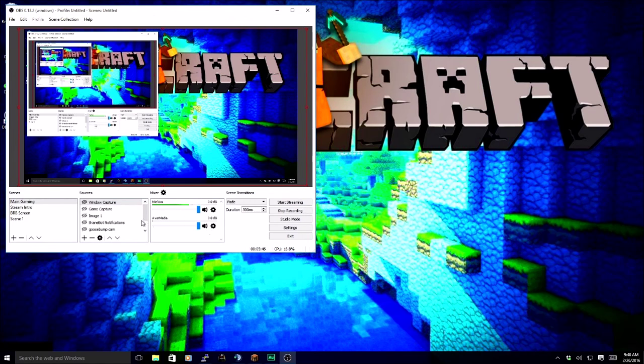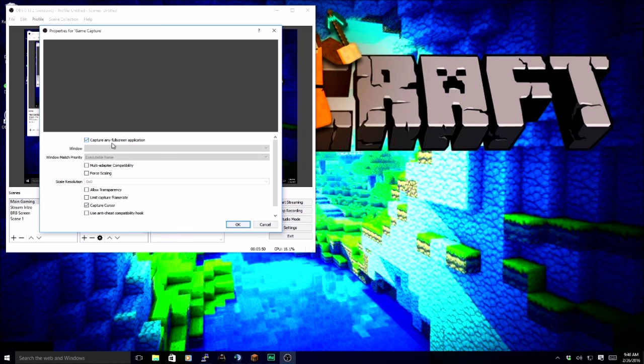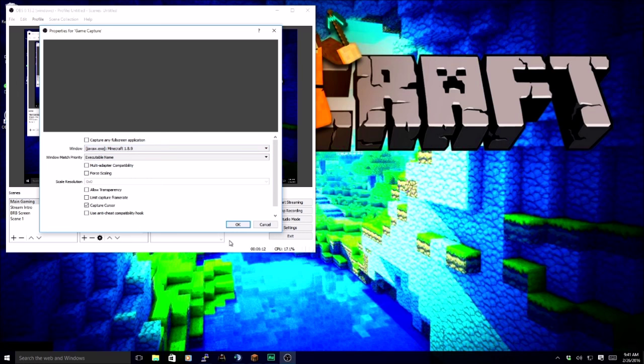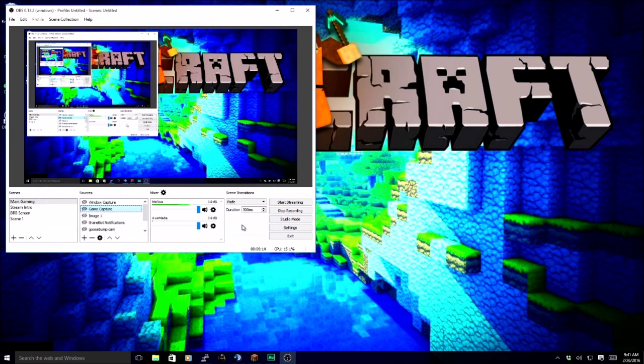Now, in order to actually capture your game, you're going to want to do a game capture. As you see here, I've got game capture, and you can capture any full screen application, or you can select an application to select. I use the non-full screen version because I don't play Minecraft in full screen. I play it full screen, but full screen windowed, so it generally has the borders around it. So here you'll see javaw.exe Minecraft 1.8.9. When I select it and hit OK, you'll see that when I enable game capture